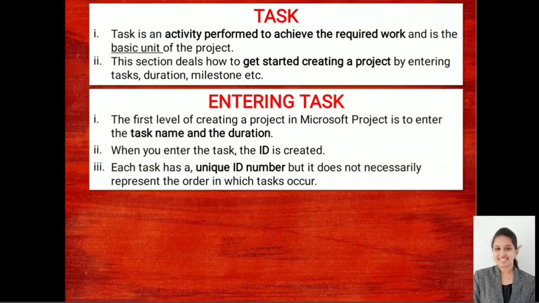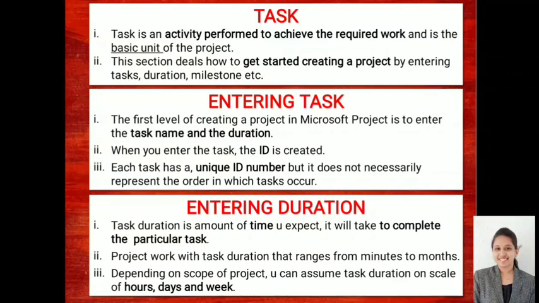Fine. So next one is about the duration. Here the task duration is the amount of time you expect it will take to complete the particular task. Now you may say your excavation requires 10 days. It requires 10 days means what? It is a particular duration to complete that particular activity, right?